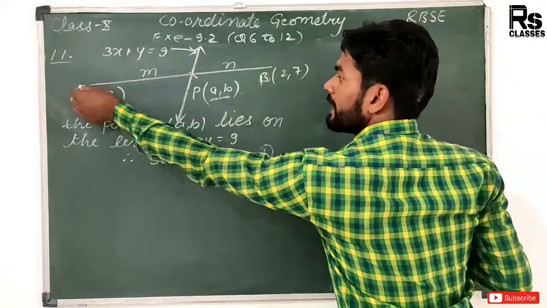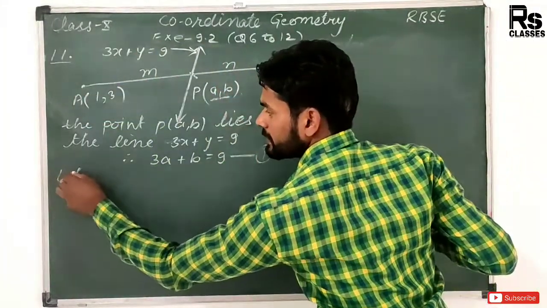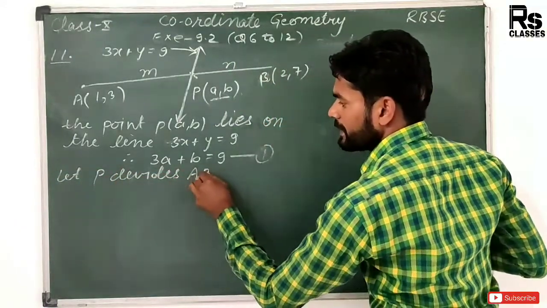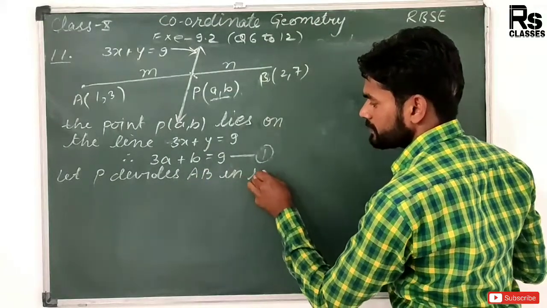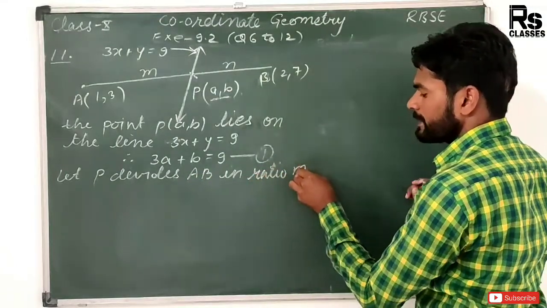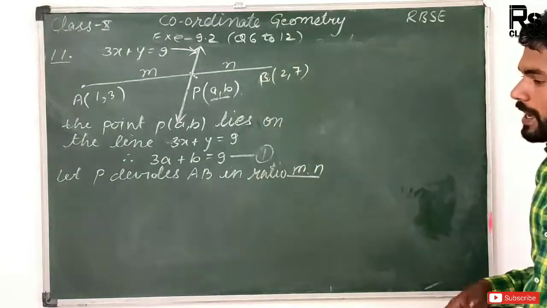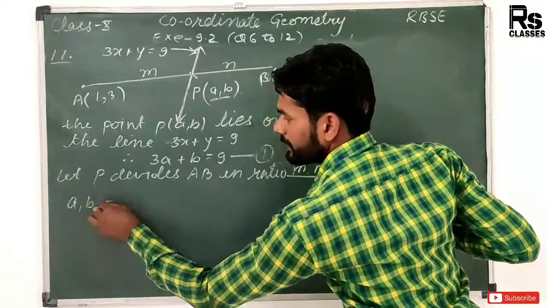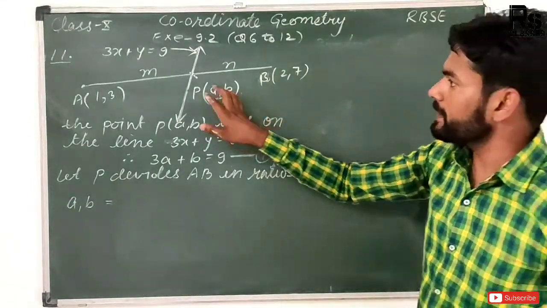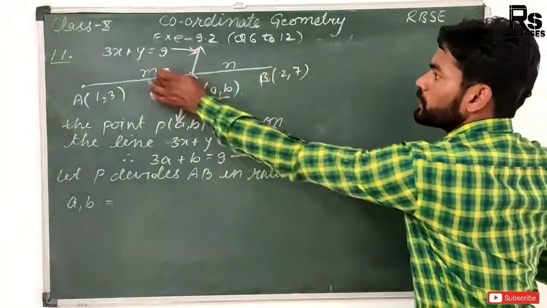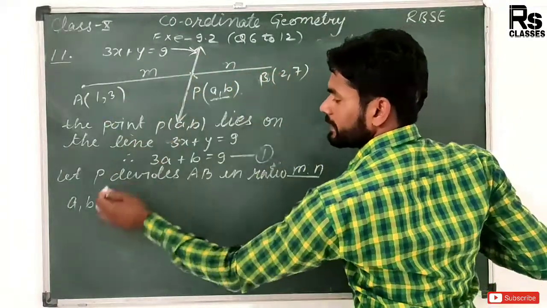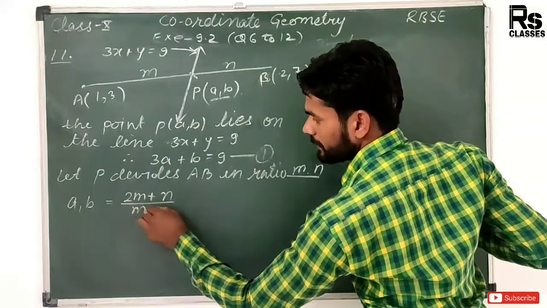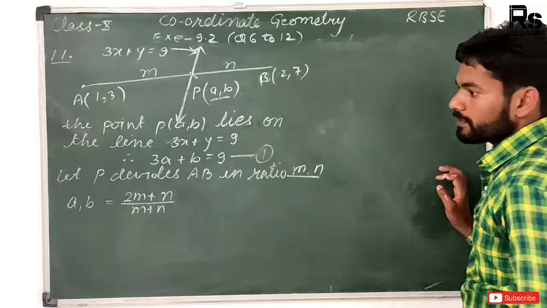And P divides AB in ratio m ratio n. Now use the section formula for this point. For the point A comma B, the x-coordinate is m into 2 plus 1 into n, that is 2m plus n upon m plus n, comma,